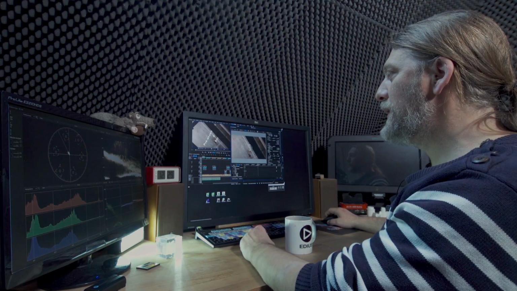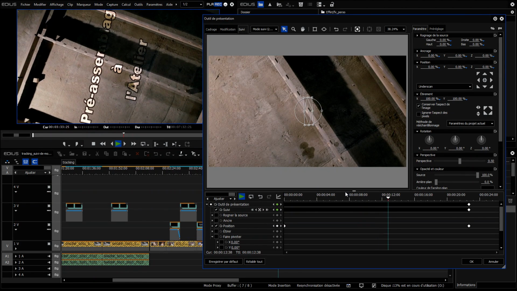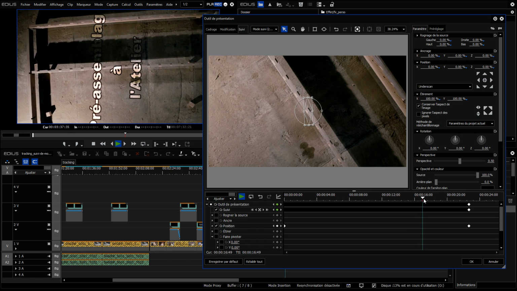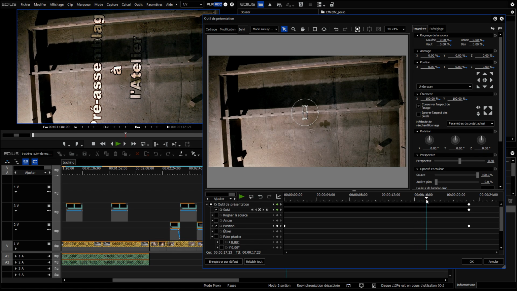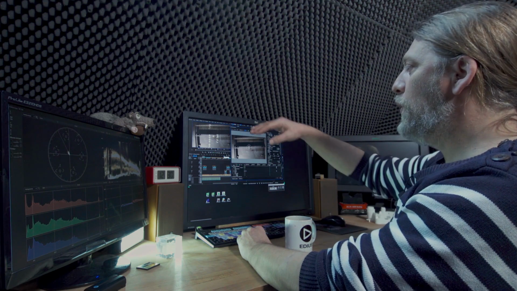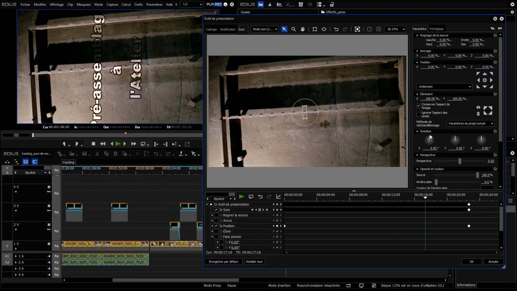And so there we have a rotation that takes place. But that's not what I have in mind at all. The problem is that when we arrive at the end of the rotation, what I would like is for my title to be horizontal and readable. But that's easy to do.